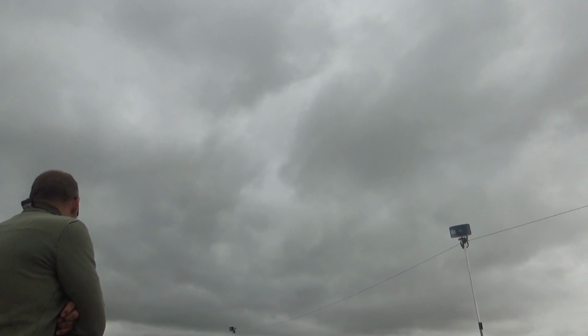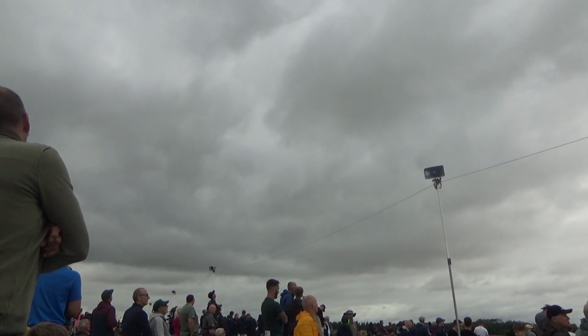Concerns there whatsoever about the cloud base as he's climbing up to flight level